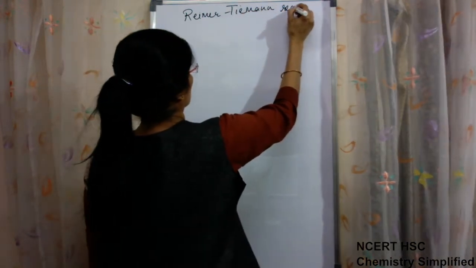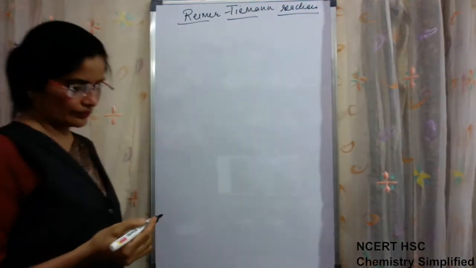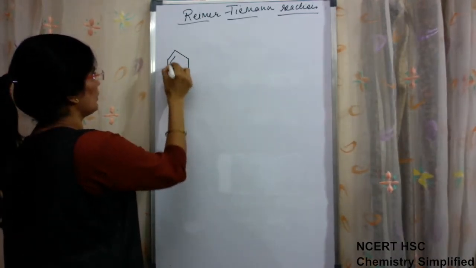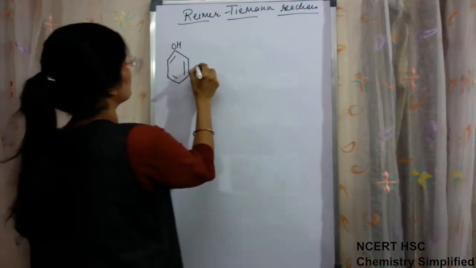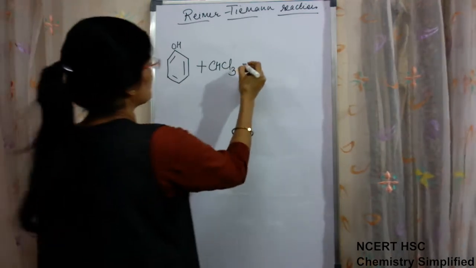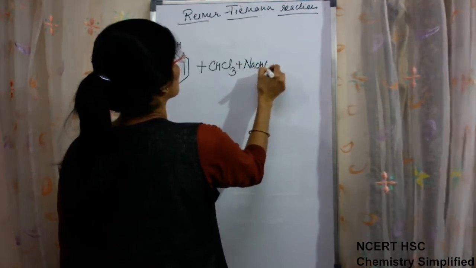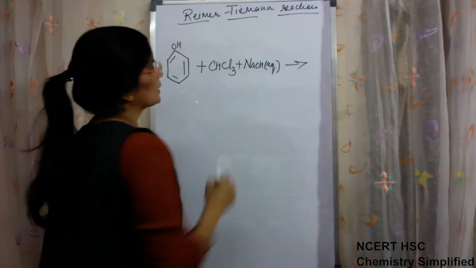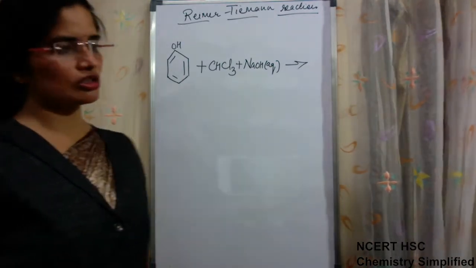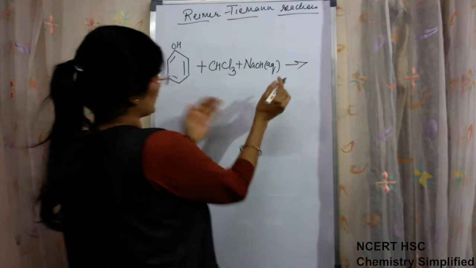Reimer-Tiemann reaction. In this reaction, because it is a property of phenol, the starting material is phenol. When phenol reacts with chloroform, CHCl3, in presence of aqueous NaOH. Wherever we are using NaOH, in most of the cases we can use KOH also. So whether we write NaOH or KOH, the reaction will be the same. So when these three are taken,